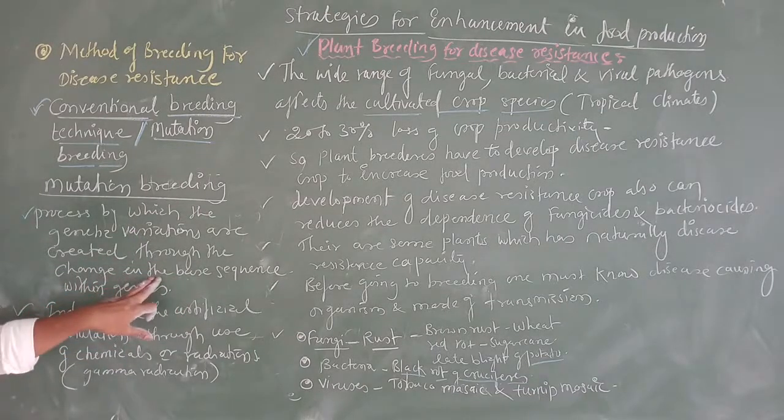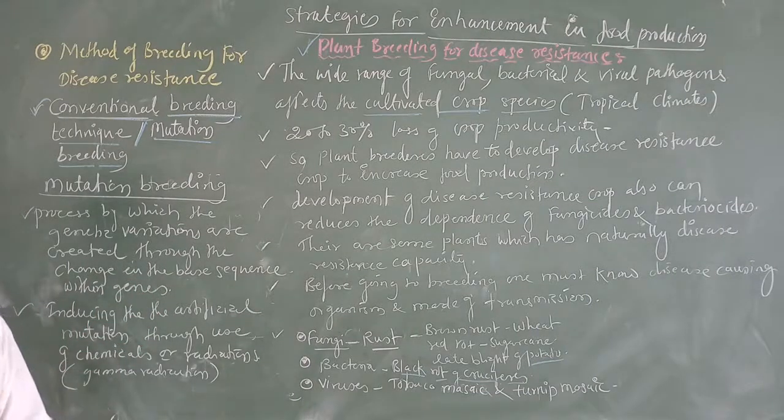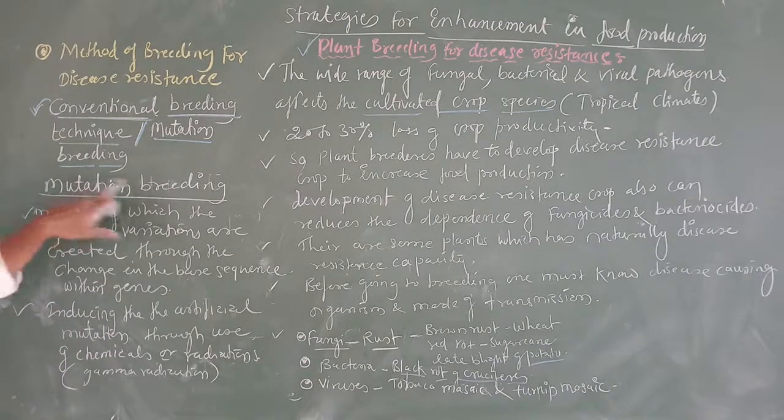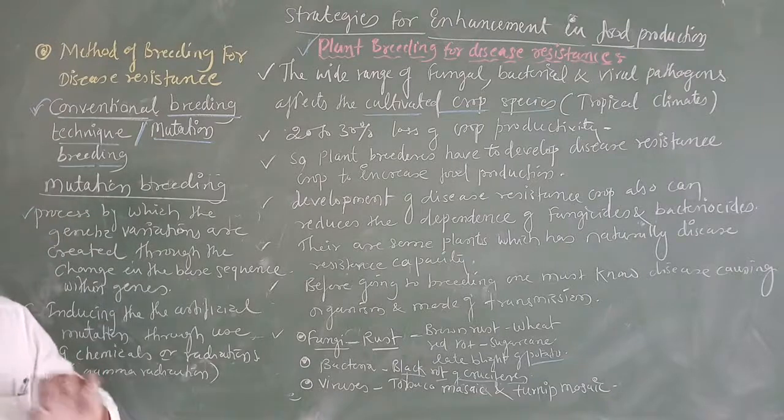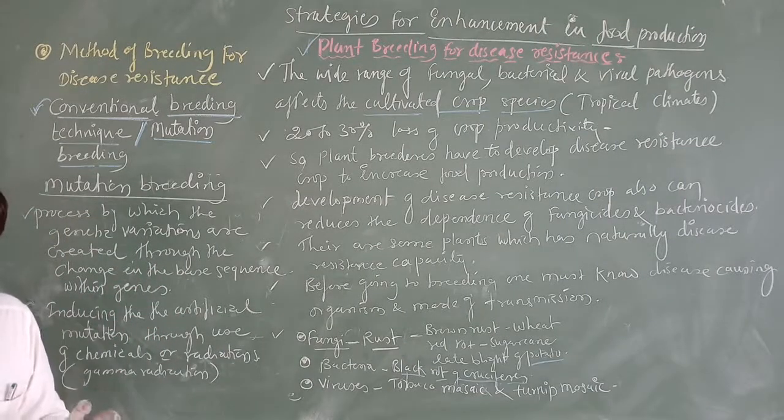Through the change in the base sequence within the gene, we are going to get the desired gene which we want. That is what we are going to call mutation breeding. For example, suppose there is one gene that is not resistant to the